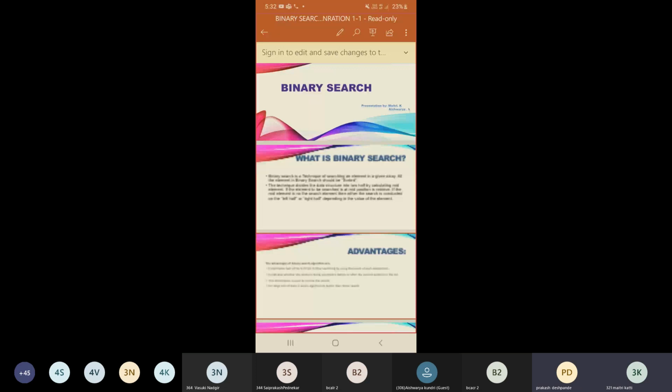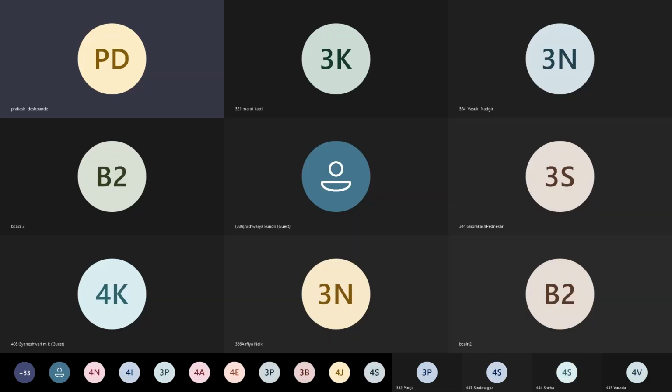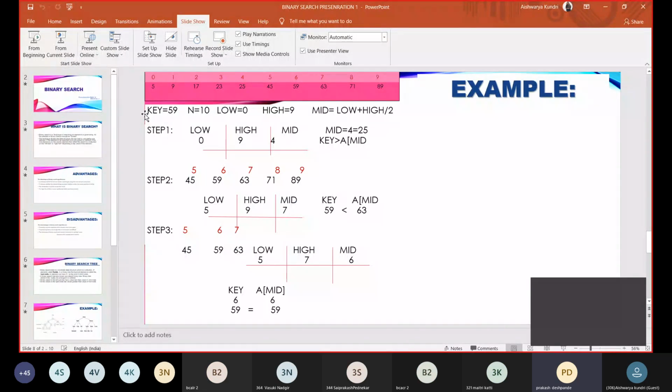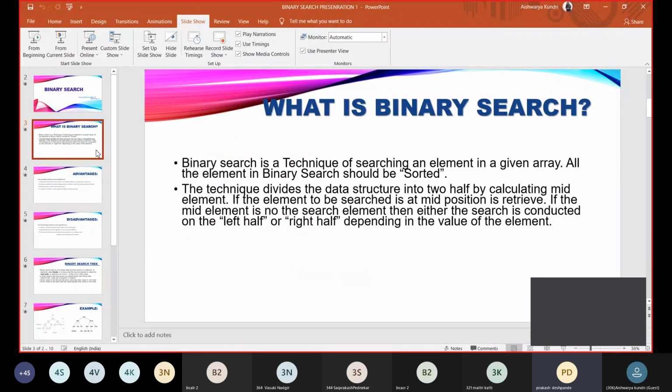Now, the binary search concept, we have already studied this in the second semester. We are just going to look into it once again with the algorithm only. There is no program involved in this. We will just look into the algorithm here. Okay, you have covered it very much in detail. I will just go through the algorithm and then I will try to explain that algorithm with the concept we have taught here. Okay.